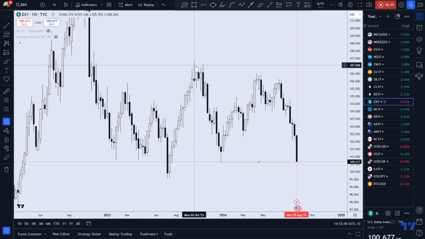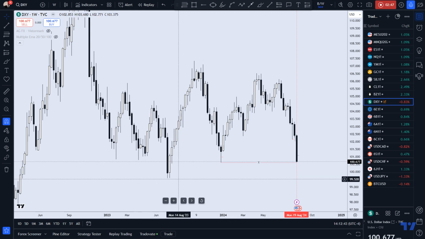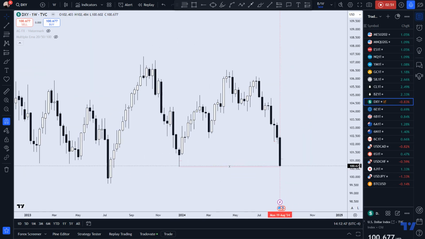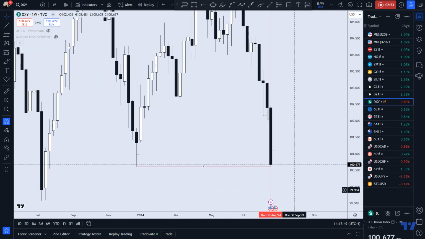Right now we have a risk on environment, and that's a good thing. If we take out that low, that's all the better for those following the equity markets. And you can see that there's plenty of potential here for a fair value gap to develop on a weekly basis. So we have to see how next week closes.